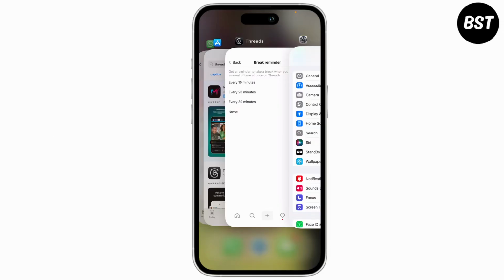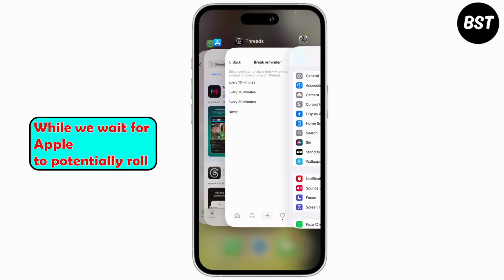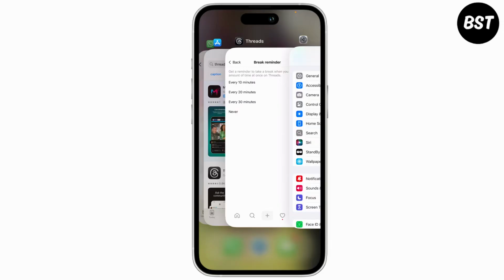So that's it. While we wait for Apple to potentially roll out this feature in future updates,